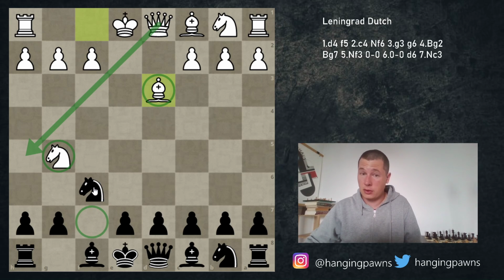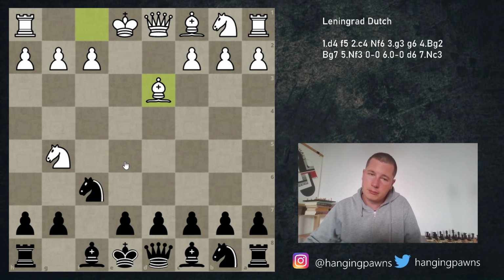Your f7 pawn is gone. You have one piece developed. White can castle, or he can play stronger moves. So let me just give you an example of a horrible mistake you could make. If you play knight c6, which is seemingly a natural move, then